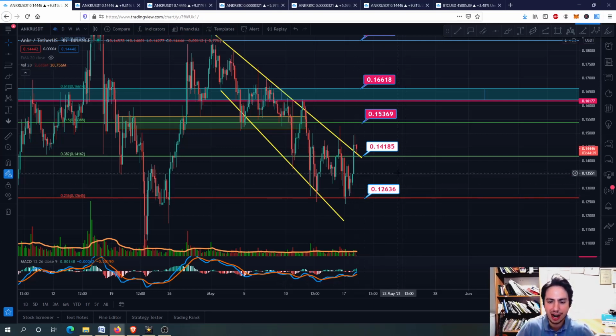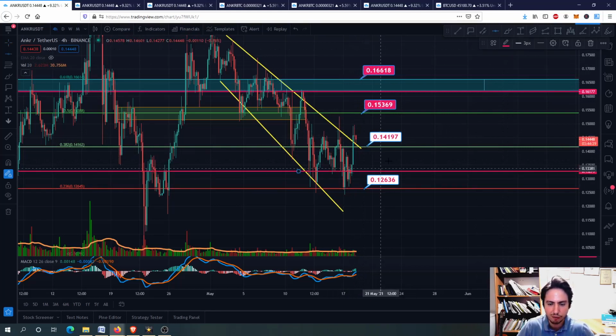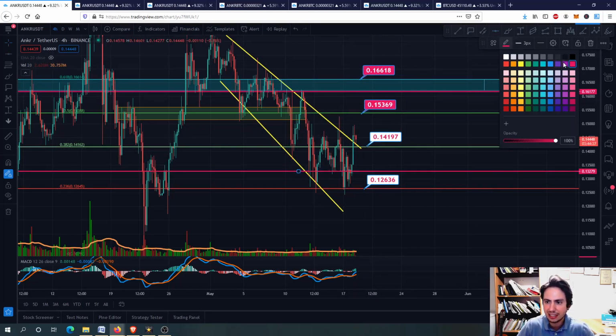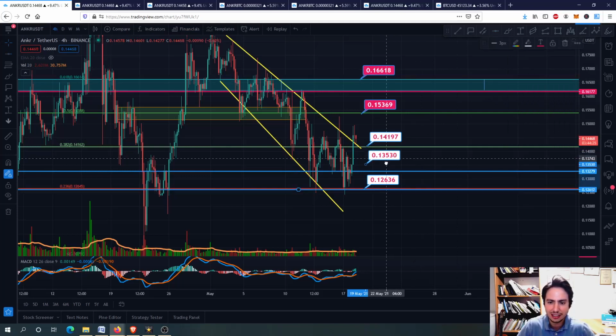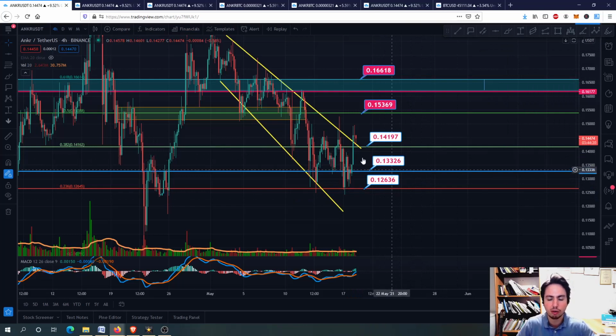Right now, where are we? We have the 12 to 13 cents, which I don't think we will go down here. We have the 14 cents we want to support, in case we don't want to fall down from this support line right here, guys. Let's see the price label, 13 cents around. We don't want to go down from this.